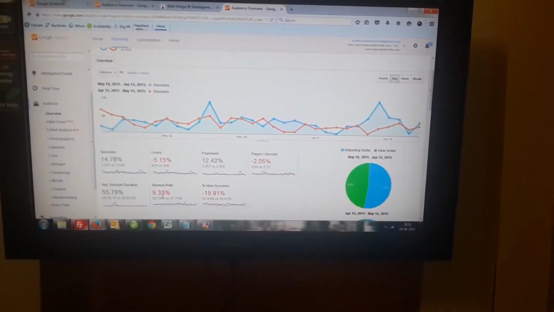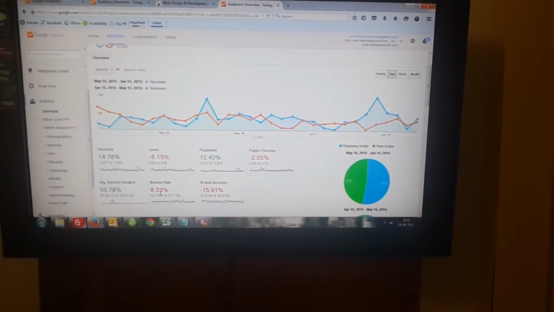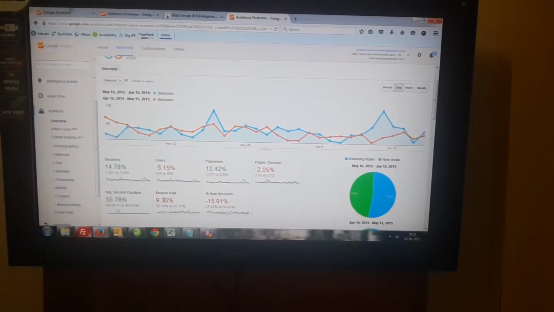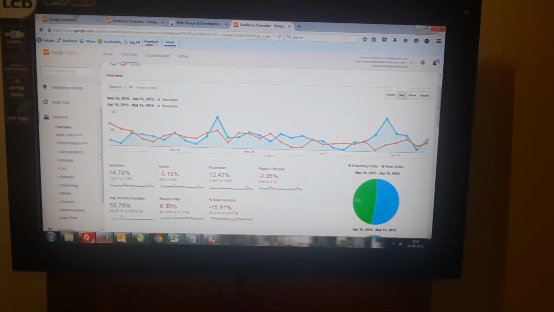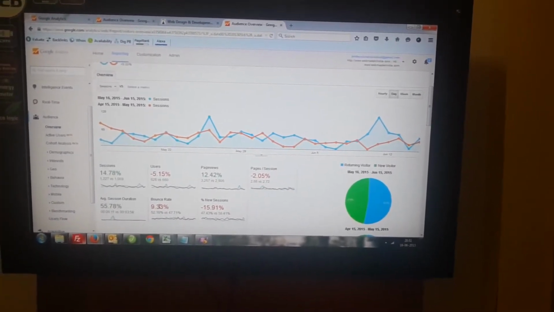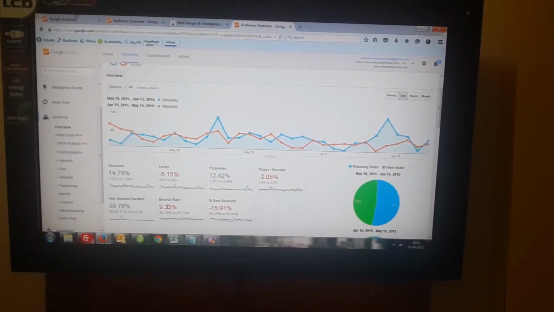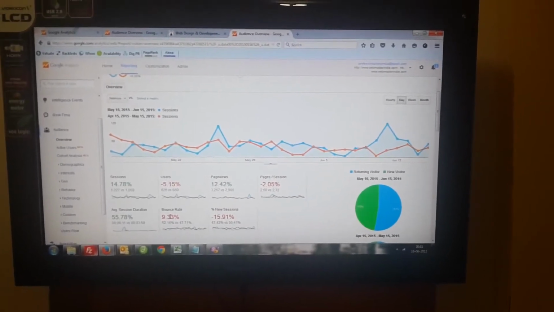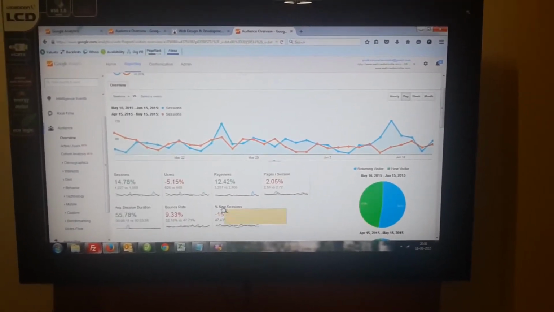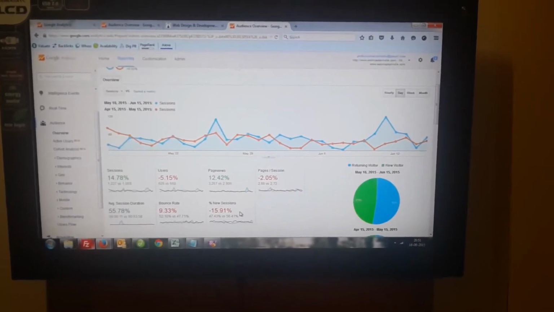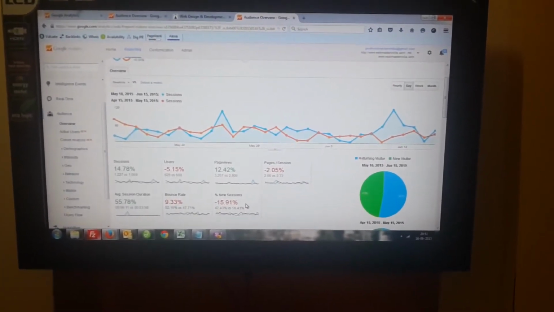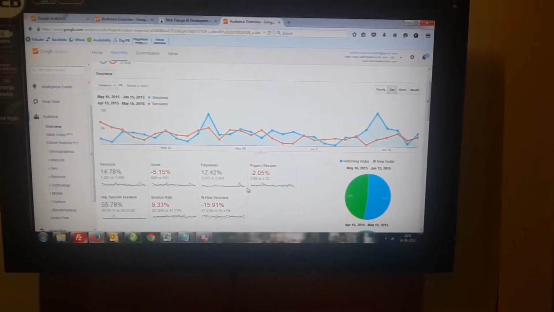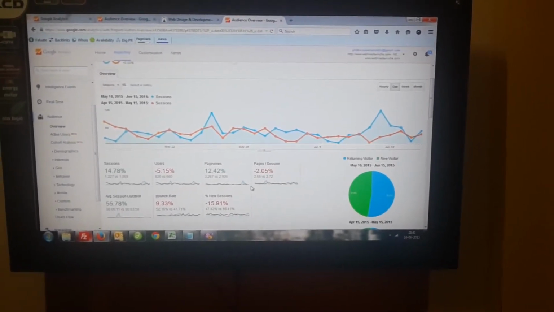Bounce rate has been reduced. Bounce rate, here it shows that the bounce rate has been increased. So it's an alarming signal, and you need to take appropriate action so that the bounce rate for your whole website as well as individual pages can be reduced. Percentage of new sessions you can also see here, it has been decreased. This way you can analyze your website traffic, whether it is progressive or reducing.